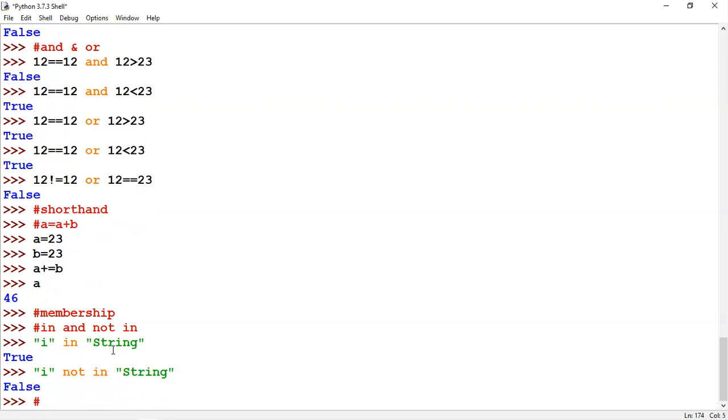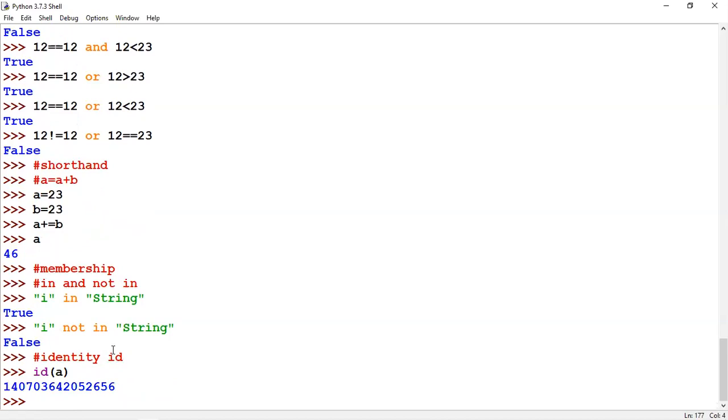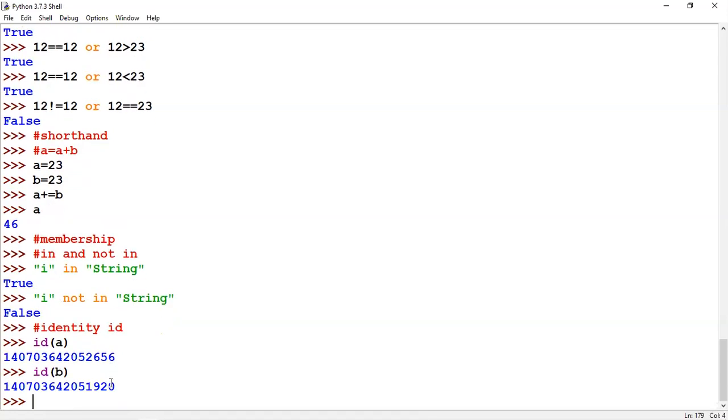The next thing is identity. Identity means our ID. Why do we use ID? ID of A will give you the memory location where A is stored. Now ID of B. Both are in different memory locations.